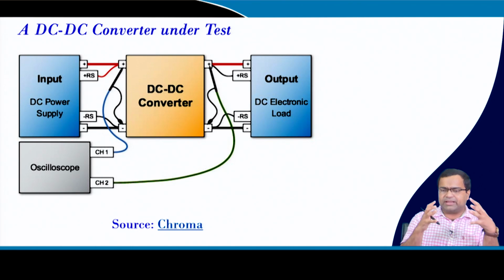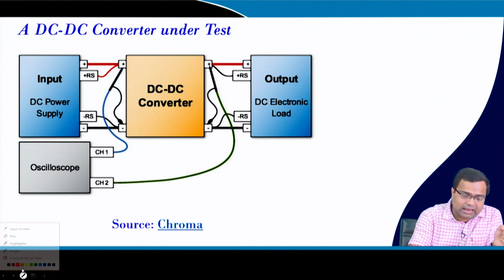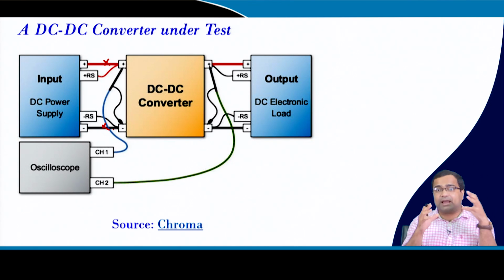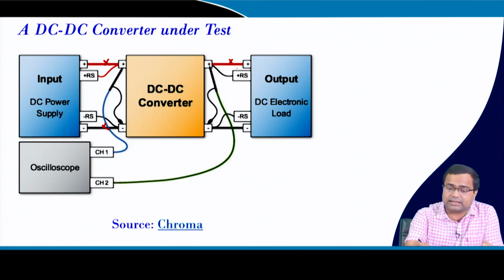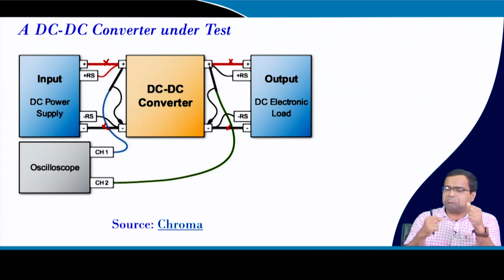So, here the objective is that we will have a DC-DC converter, and now this DC-DC converter will connect to an input terminal, that means a supply, and will connect either an electronic load or a load which can be a resistive load, because with an electronic load it is very hard to do transient testing, particularly if you go for low voltage high current, because the slew rate may not be much faster. So, we need to make a special load in order to test high slew rate load transient.